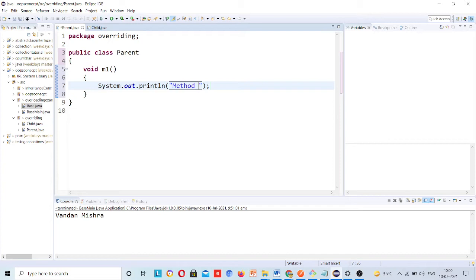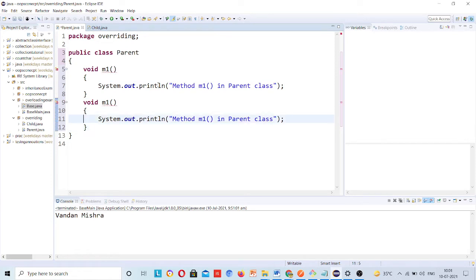Tomorrow you will be able to understand everything if you understand the concept. Method m1 in parent class, and I will create one more method, method m2, in the parent class. Now this is the child class.